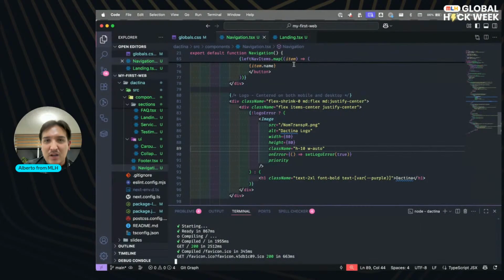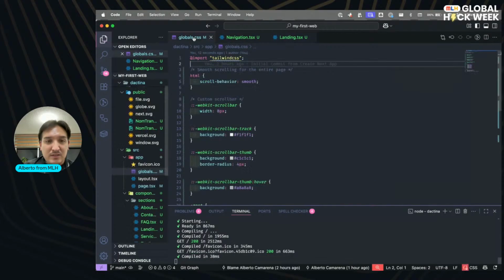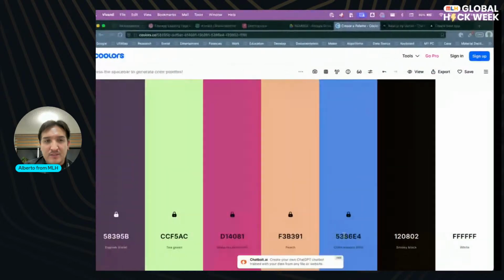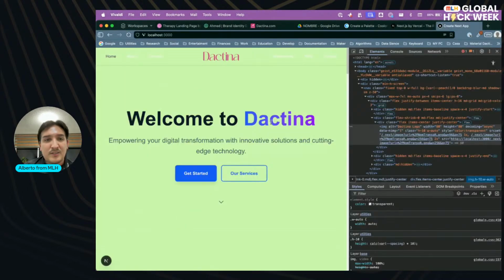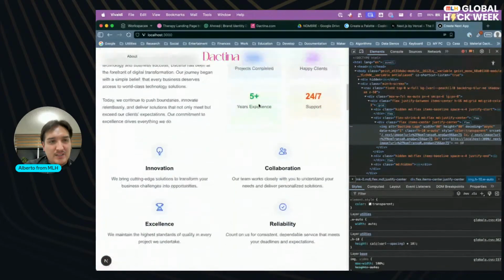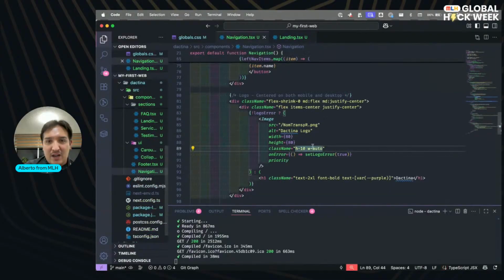Is the green too much? I don't know. Maybe it isn't. I don't feel like it is. So I am kind of liking it.